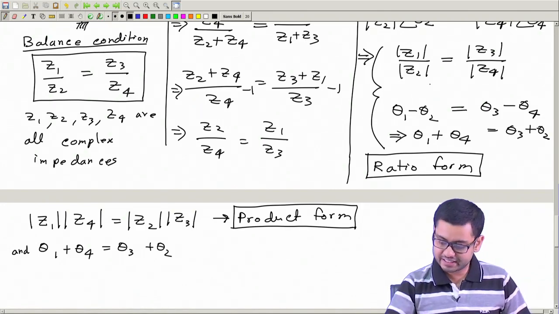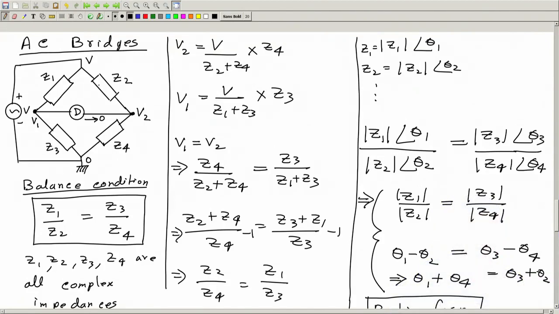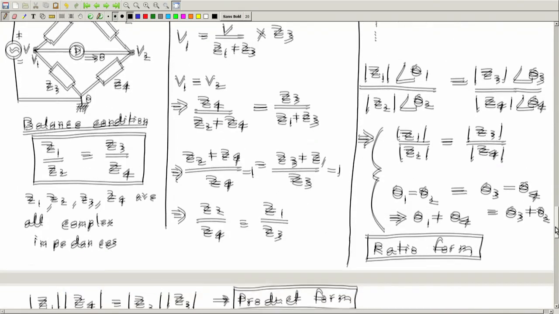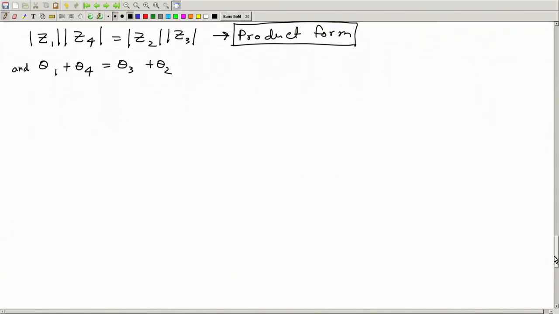We can take the ratio of adjacent sides, or we can take the product of opposite sides. The ratio of adjacent sides should be equal, that is the ratio form of the equation, and the product of opposite sides should be equal, that is the product form of the equation. Okay. Now,